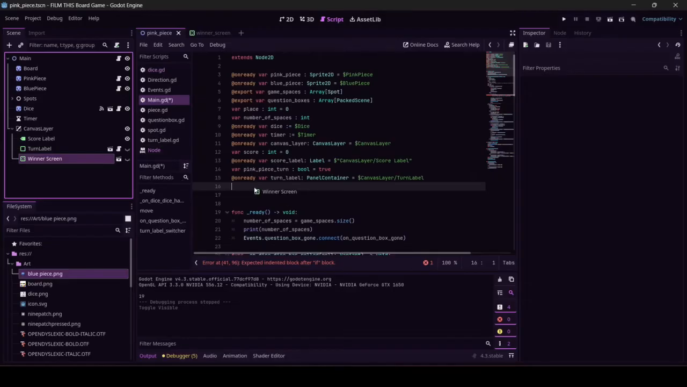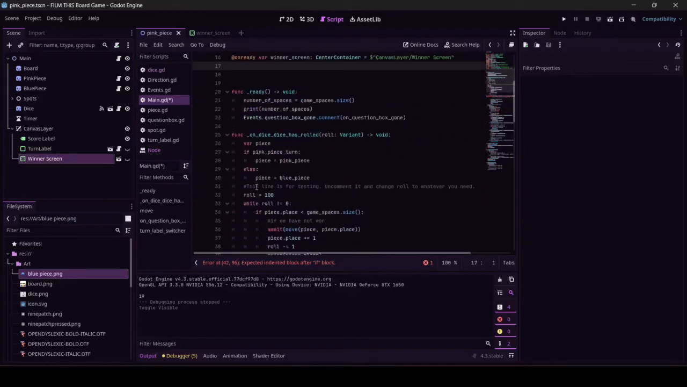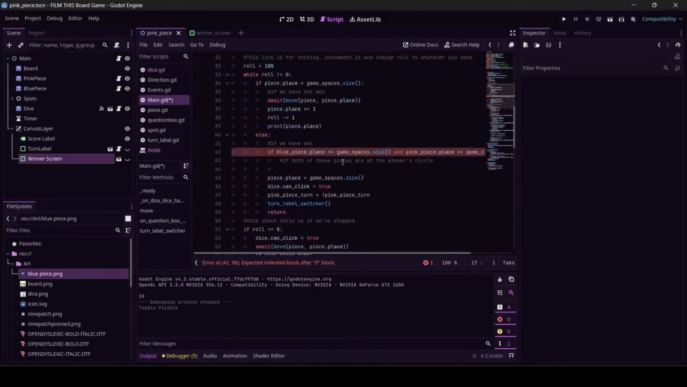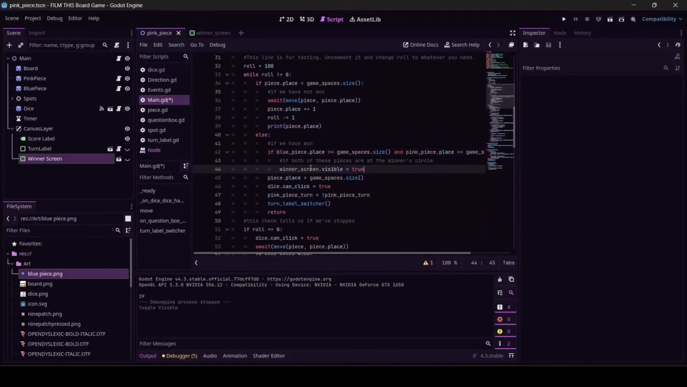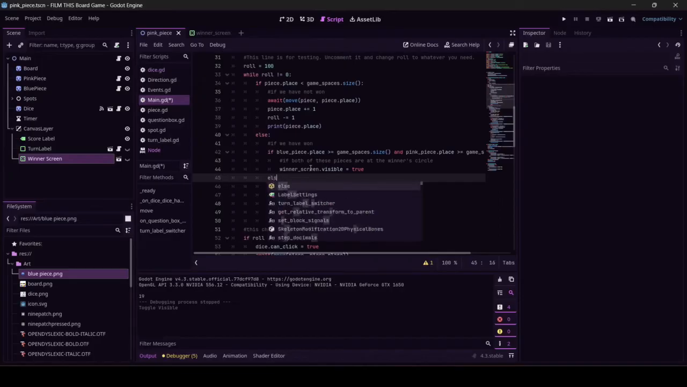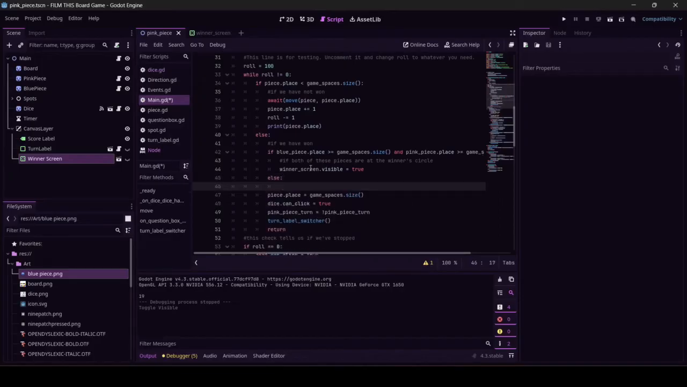You all know I'm bad at this. Nailed it. What did it call it? Winner screen? Perfect. Winner screen dot visible equals true. Else, so if just one person's at the winner circle,